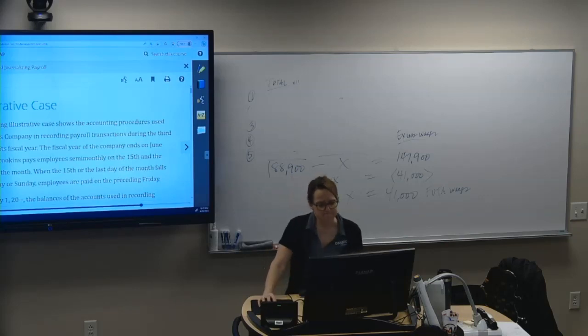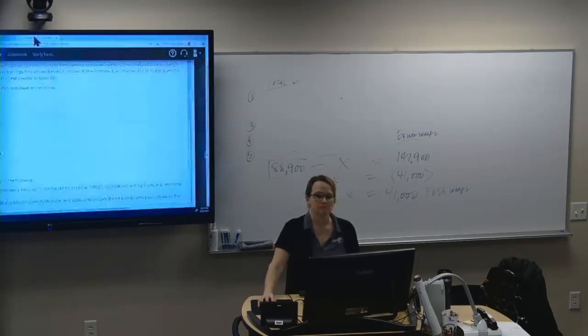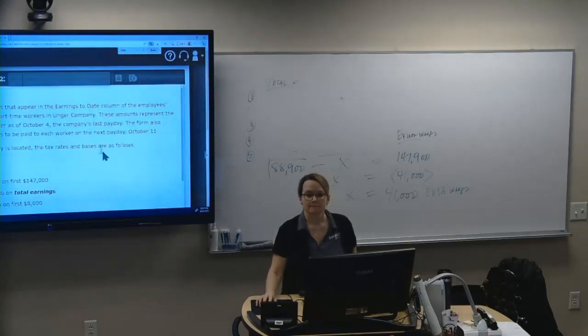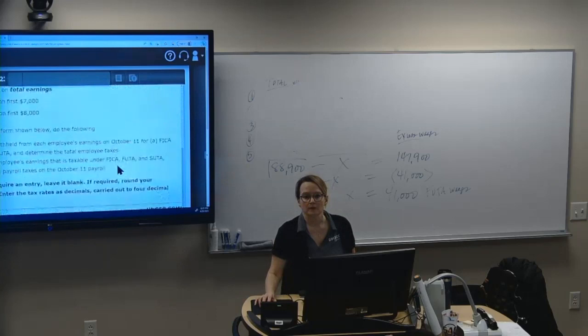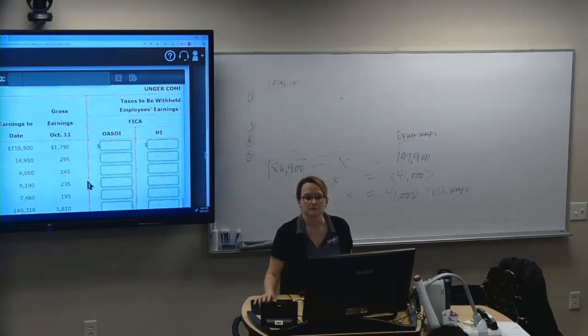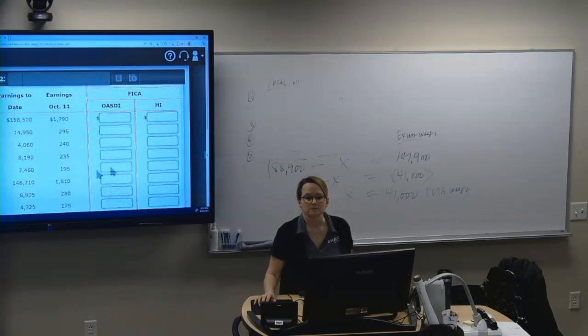Which number was it? 54. All right, so compute the amount to be withheld from each employee's earnings. Employee taxes. Okay, so